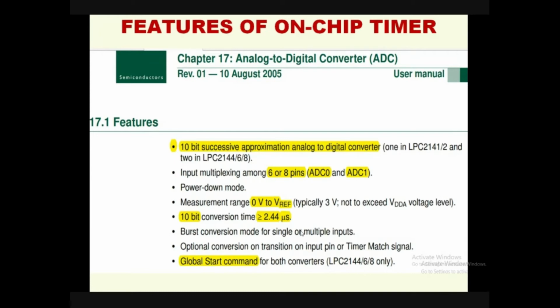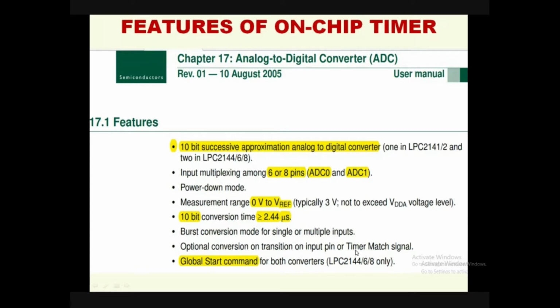So normally we can give the logic signal to do the start of conversion through software, or start of conversion can be programmed. Start of conversion can be programmed if there is a transition in the pin. So it can be programmed like this. Say for example, if a capture pin goes from 1 to 0, then you can do start of conversion. Something like that you can program. And whenever the timer match occurs, then you can do the start of conversion, something like this.